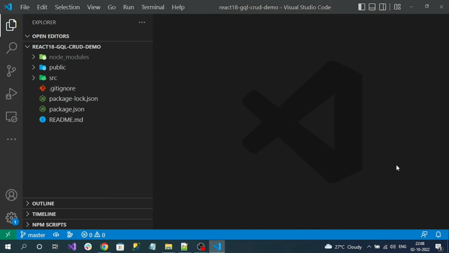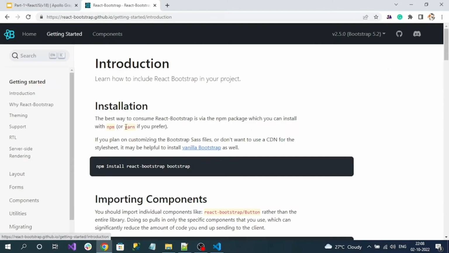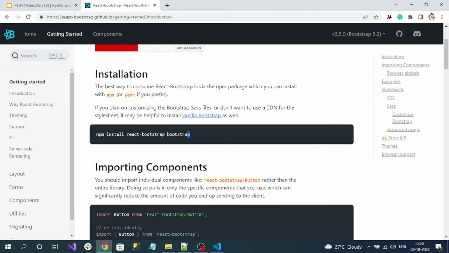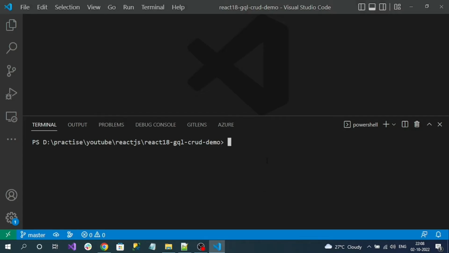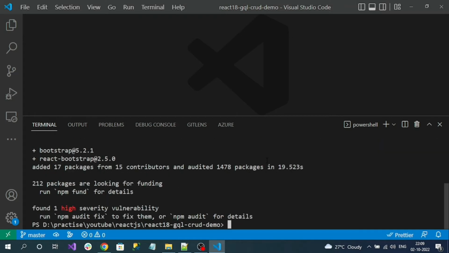So let's install the React Bootstrap UI library into our application. Go to the React Bootstrap website, click on get started. Okay, here is the command for installing React Bootstrap. Copy this, open the terminal, paste our command and run it. After installing Bootstrap,